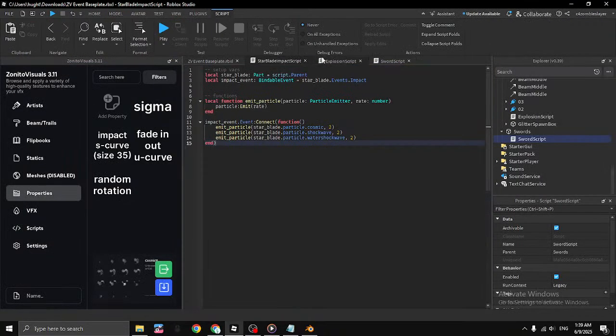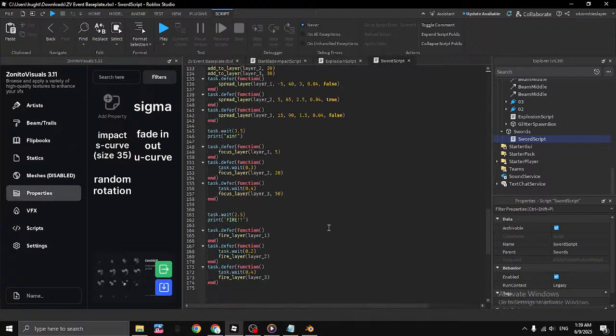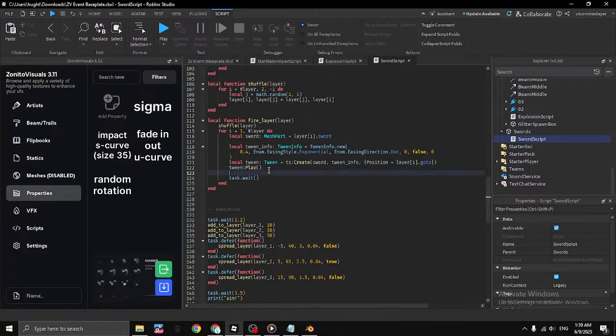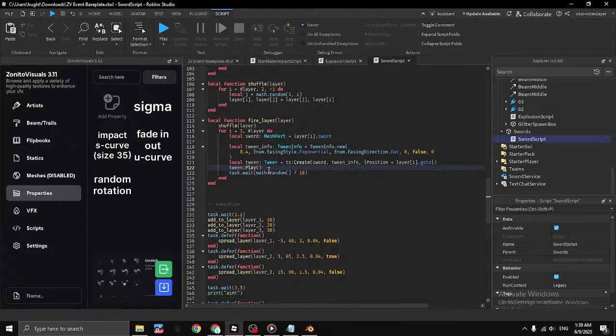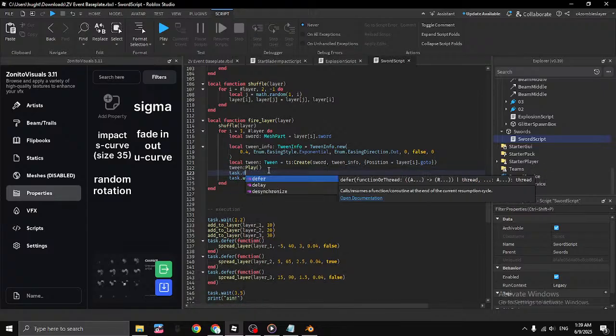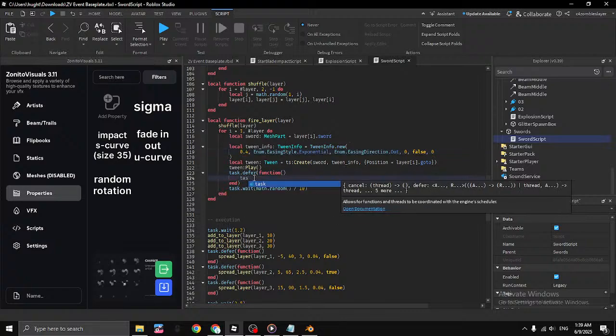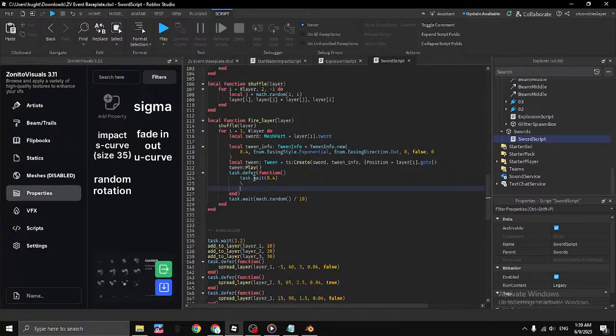Let's see. Where would I do that? Should probably be in fire layer. So it's gonna tween down. And actually I'm gonna set up a task.defer of, let's actually save this variable. No, not that one. What is this task.wait for? I don't know. Okay. The task.defer function. And inside here we're gonna wait 0.4 because that's the length of the tween. Task.wait 0.4. And once this wait has been finished, we're gonna go ahead and spawn a